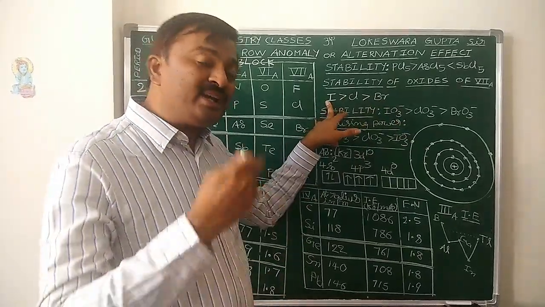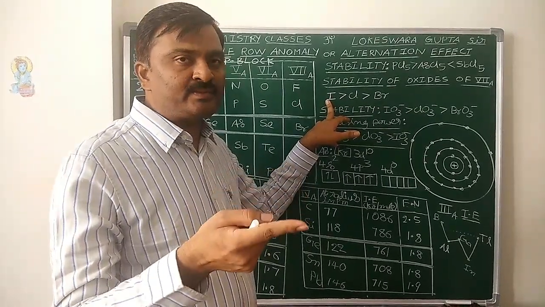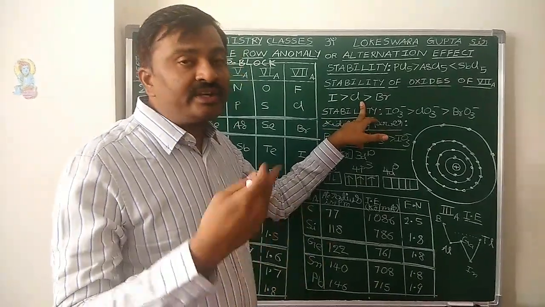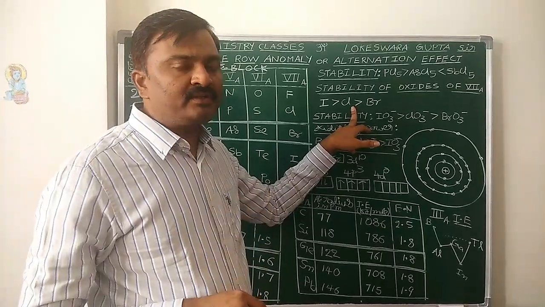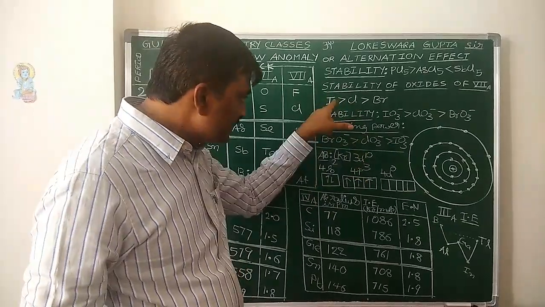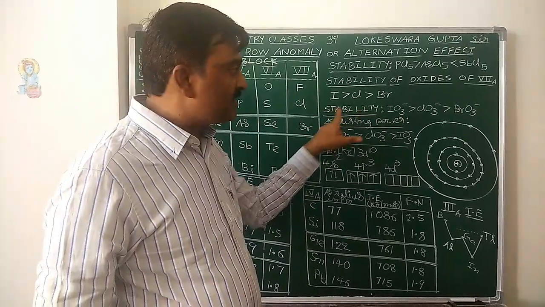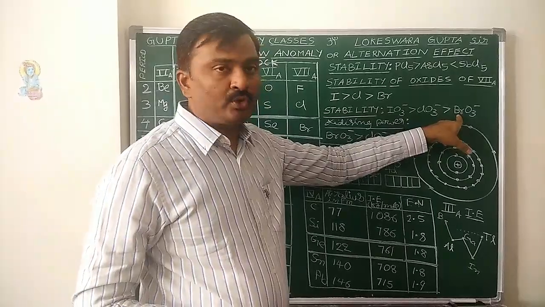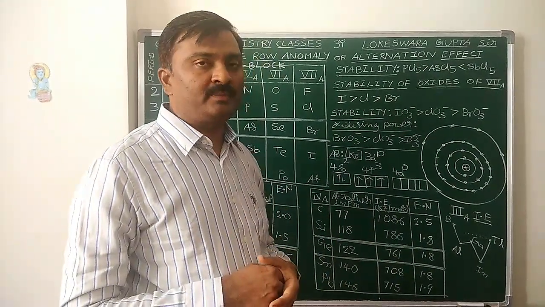Of course, why are iodine oxides more stable? In the I-O bond, electronegativity difference is more. So bond energy is more. That's why more stable. Why are chlorine oxides second most stable? Chlorine can form a double bond with oxygen. So bond energy is more, second most stable. In the same way, what is the stability order of halates? Iodate greater than chlorate greater than bromate. Why is bromate least stable? Because of middle row anomaly.